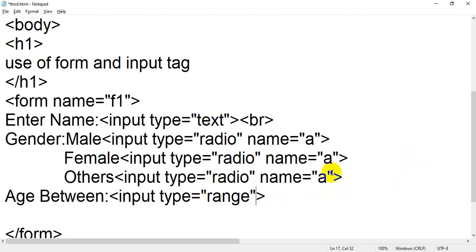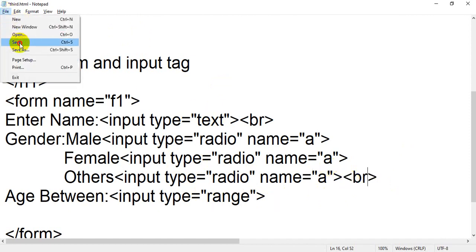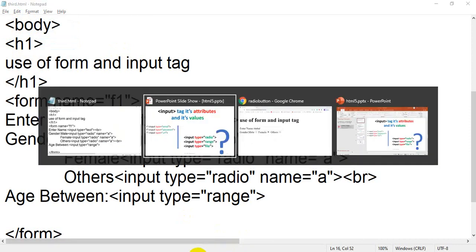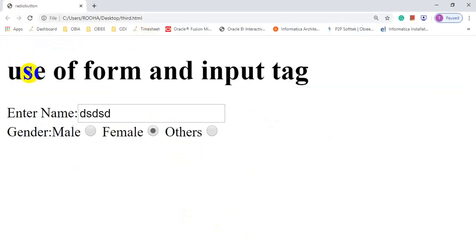I'm just going to add one br. What is the use of br? You know, it will break the line. Save the file. Okay, flip back to your browser. See, refresh the page, you will get age between. So this is starting from 0 to 100.